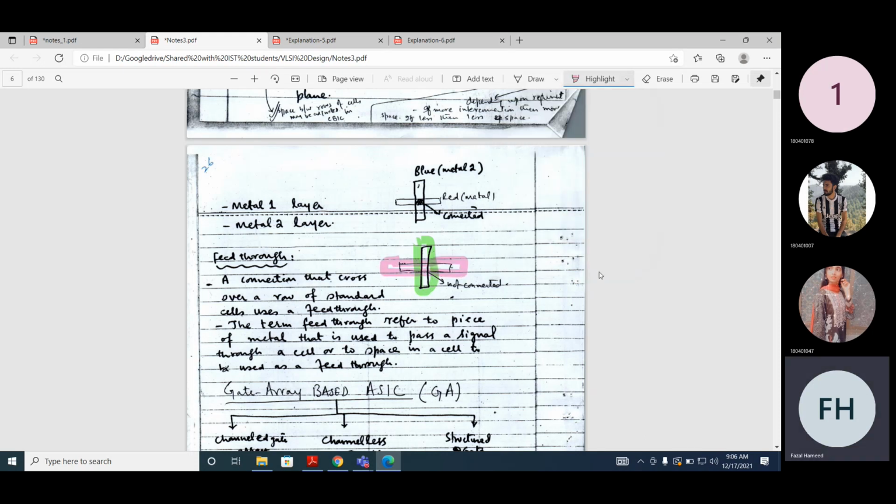The column is highlighted in green, and the row is highlighted in pink, and they lie in different planes, not on the same plane. They lie in different planes because it's a 3D stack. When they lie in different planes, and in between there is an insulation, it means they are not connected. Actually, it looks like it's connected, but that is because it's a 2D view.